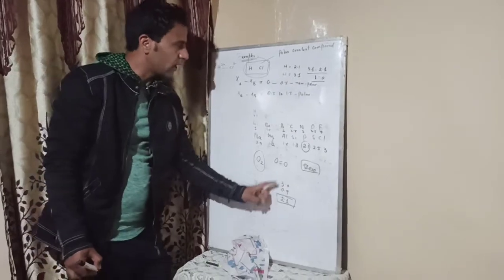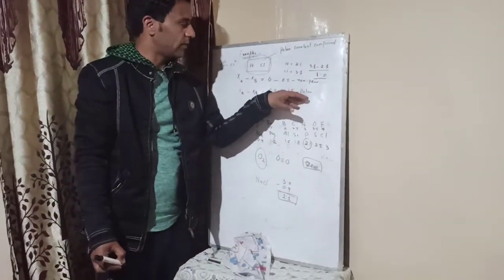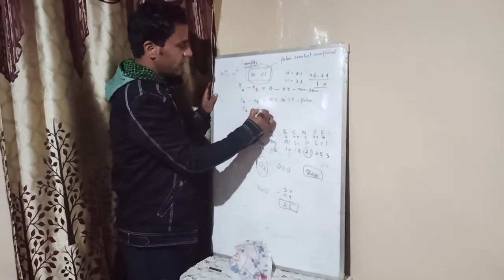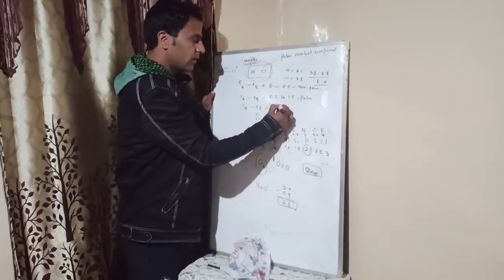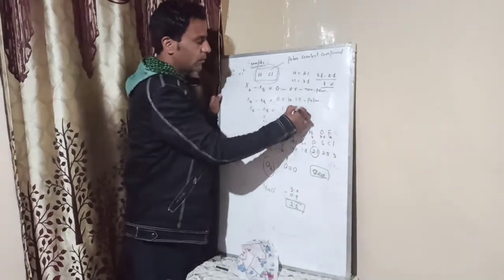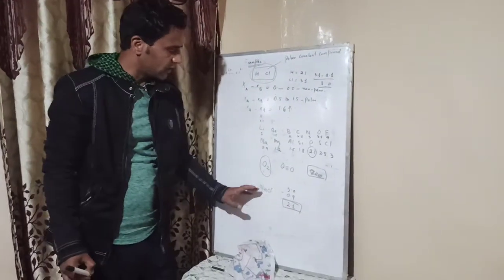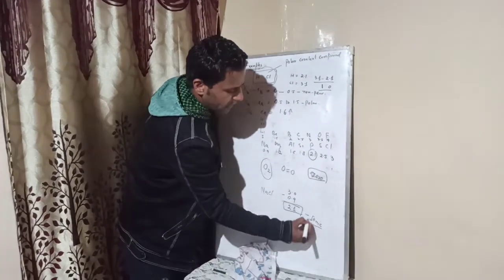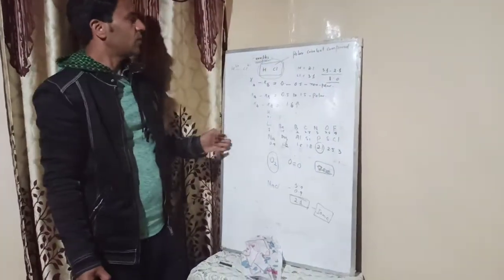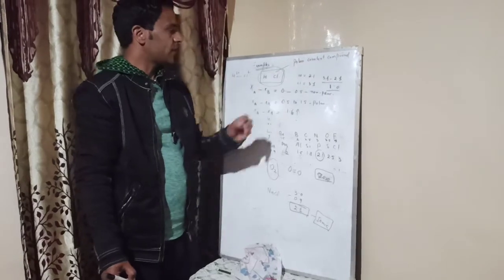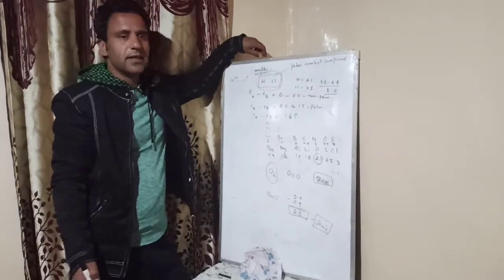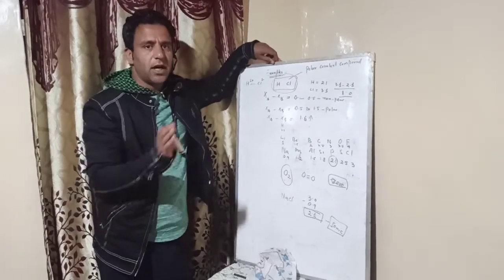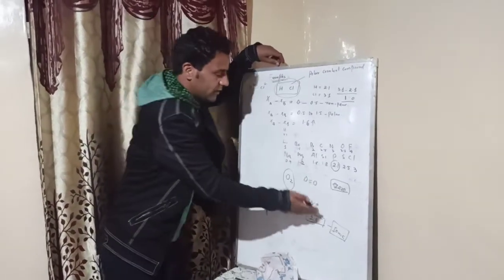When the electronegativity difference is more than 1.5, or more than 1.6, then it is called an ionic compound. That's why sodium chloride is an ionic compound. So on the basis of electronegativity difference, we can analyze whether a compound is polar, non-polar, or ionic